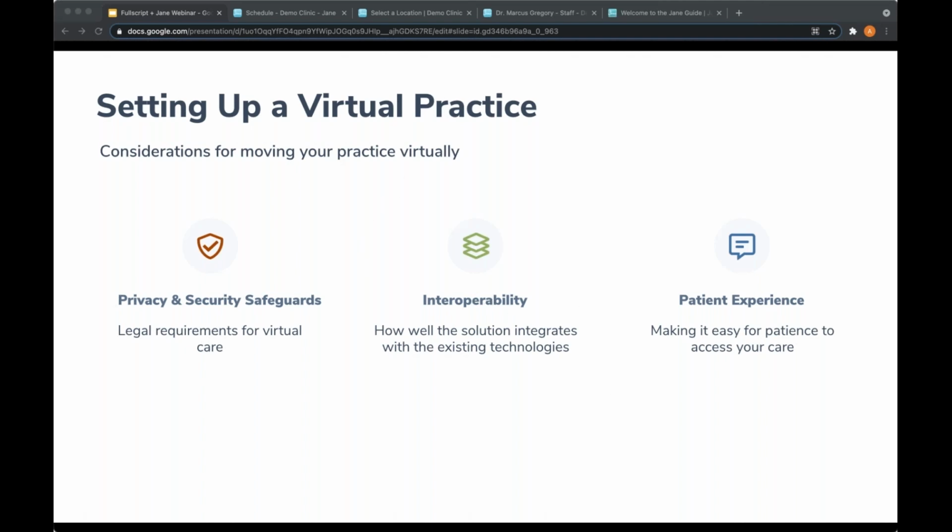Now, to ensure the patient experience is right for the tool, make sure that you do some test runs with the tools that you have, whether it's a telemedicine solution, practice management solution, or emails. You make sure that you have the right tools and you actually test them out, whether with a family member, a friend, or a colleague, so you understand the patient experience before moving on.